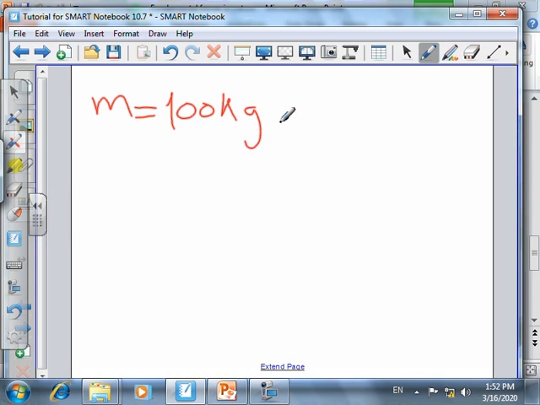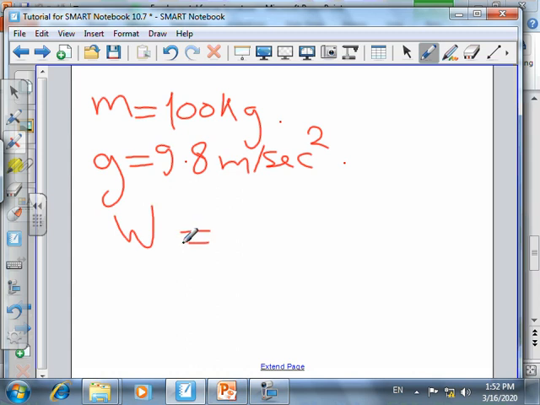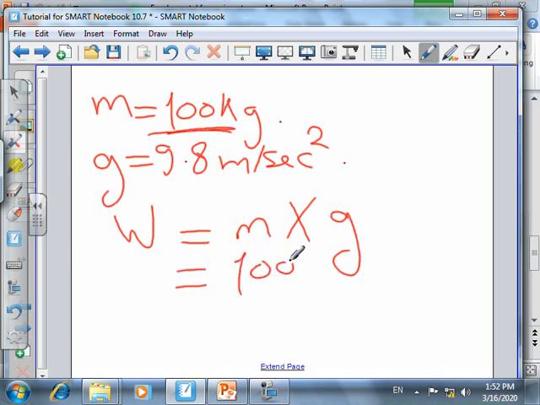Knowing that the Earth's gravitational acceleration is 9.8. So here he had mentioned already the value of the Earth's gravitational acceleration, which is 9.8 meter per second squared. So by having the law, weight equals mass times G, the value of mass, as we have mentioned before, is 100 times G. Here we couldn't put 10. We should put it as 9.8.